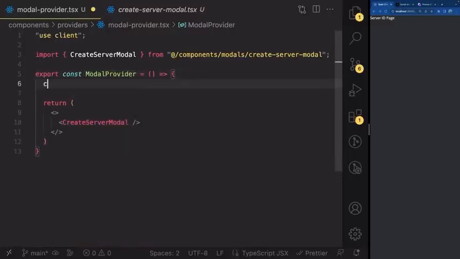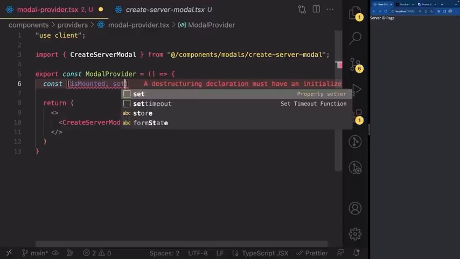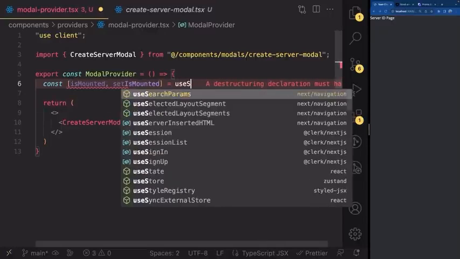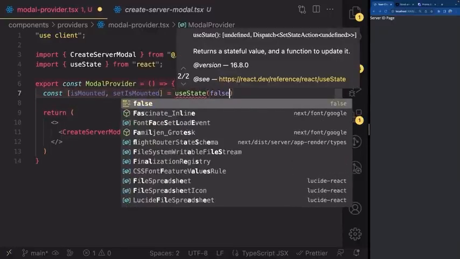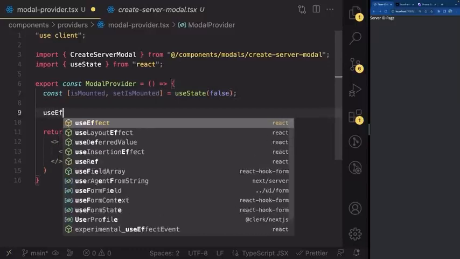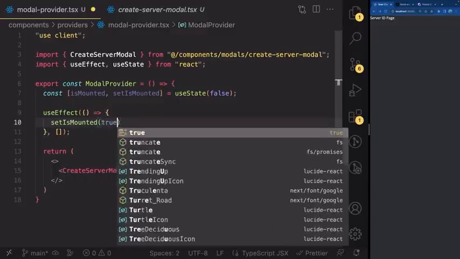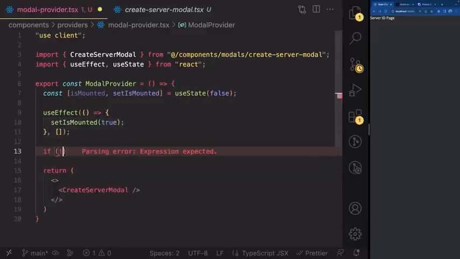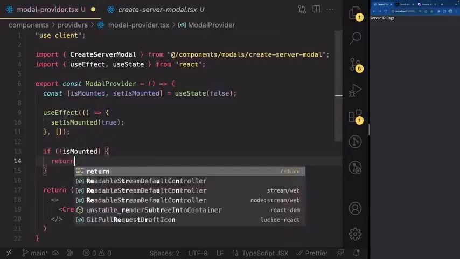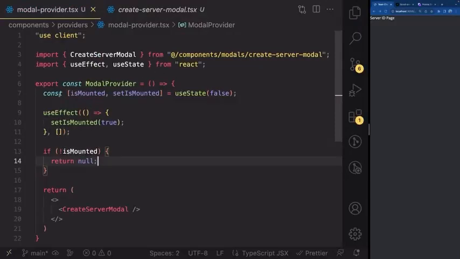So let's go ahead and write const isMounted, setIsMounted, useState from React, default value is false, useEffect like this, empty dependency array, set isMounted to true like this. And if we are not mounted, return null. So what this is doing is preventing the modals from being rendered on the server side, because that can create inconsistencies, thus creating